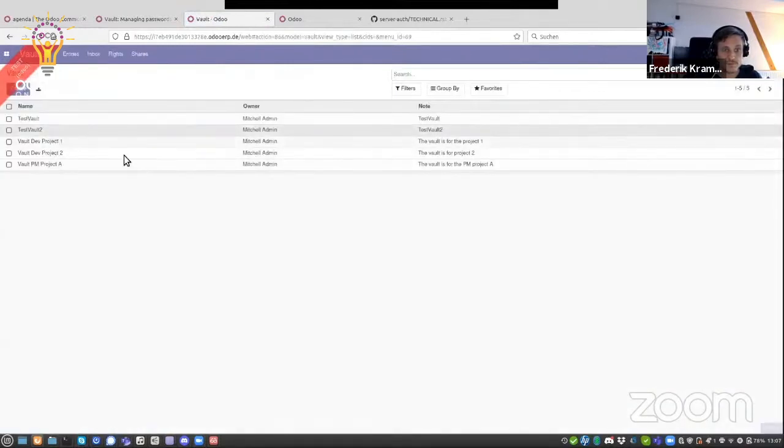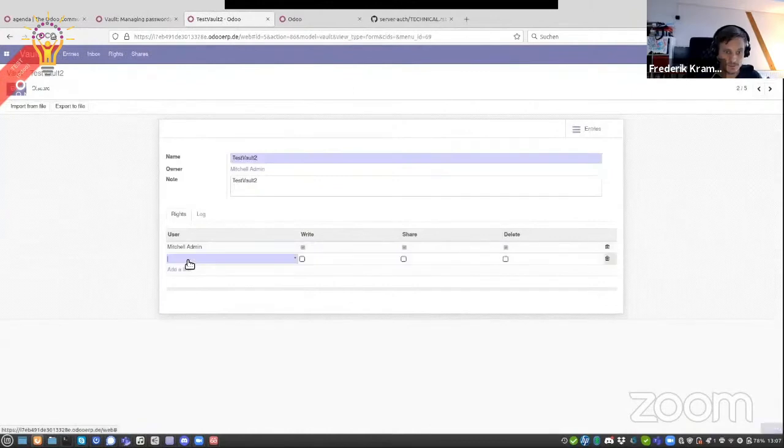So Test Vault 2, and now I would like to share this with Mark Demo. Sharing means as soon as I add a user, Mark Demo is able to see the vault, in this case Test Vault 2, and he can also access every entry on read level. What he can do else is store new passwords, but he can't overwrite them, he can't share them, and he can't delete them any further. So once I go out here,